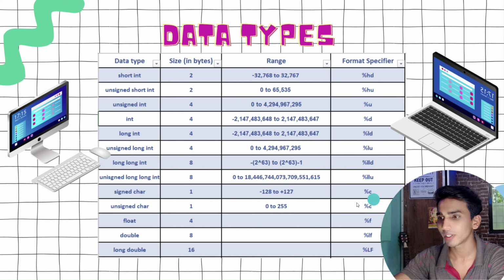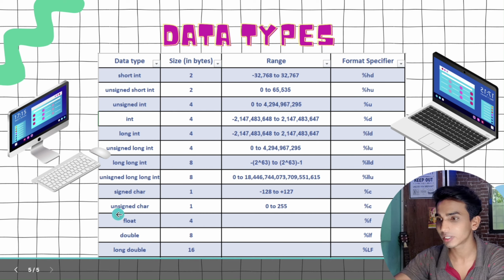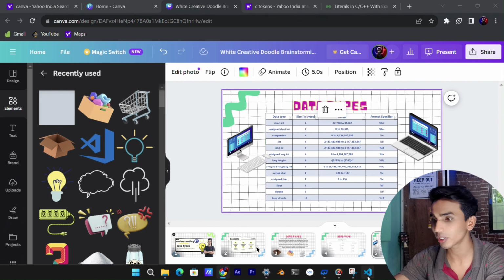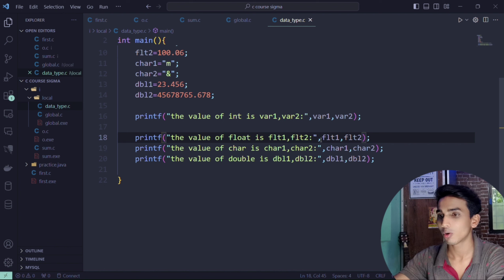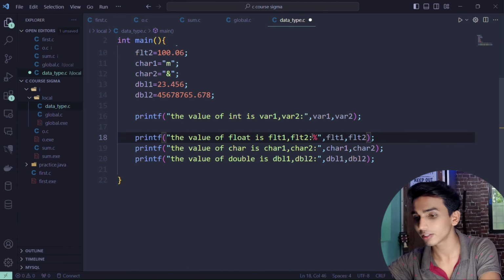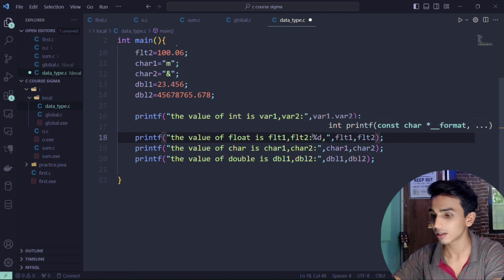For character we write simply %c. For unsigned it's %u. That's simple, right? Got the point? Let's get into VS Code. Now we are giving simply one thing, that percentage. Let's understand what percentage, which is %d comma